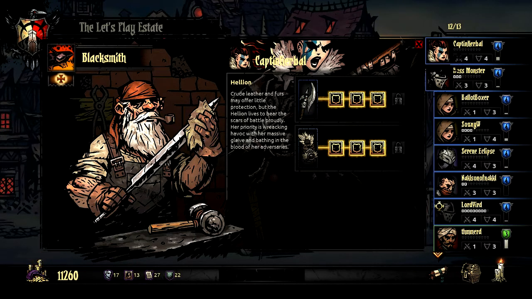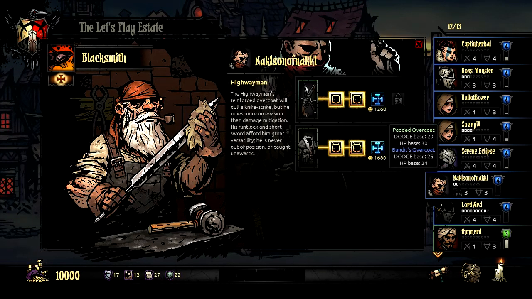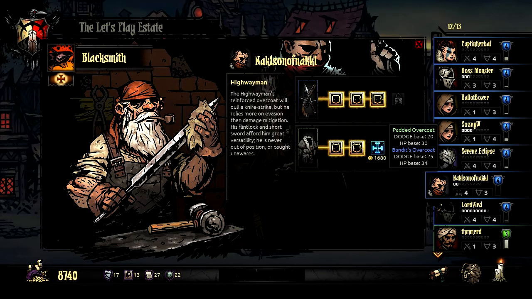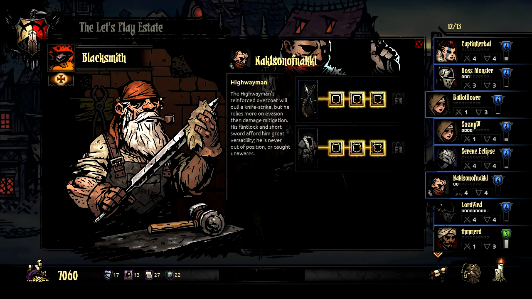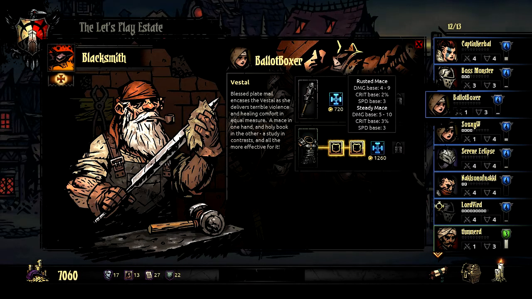Absolutely. Other person, Serene, 5 more dodge, 5 more hit points. Yep. Knackle, on the offensive perspective, 1 damage, 1 crit. On the defensive perspective, 5 dodge, 4 hit points. And then finally our healer, who I'm not upgrading the weapon of, but because all it does is, I guess